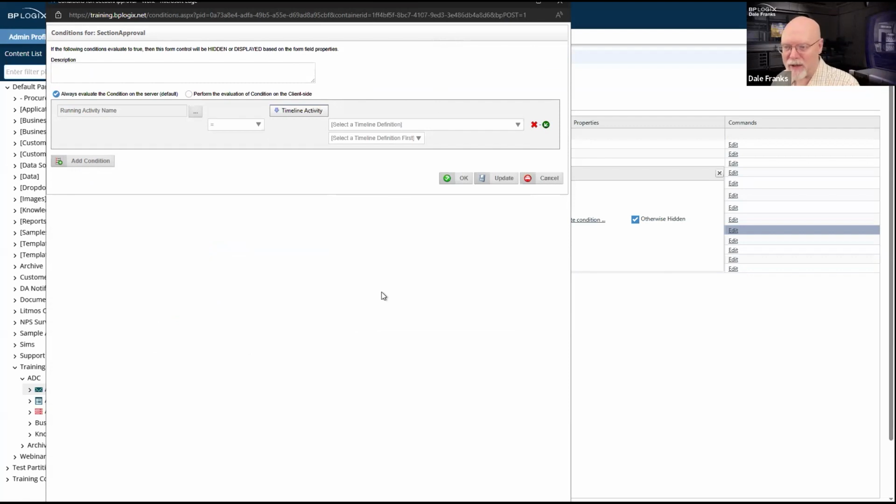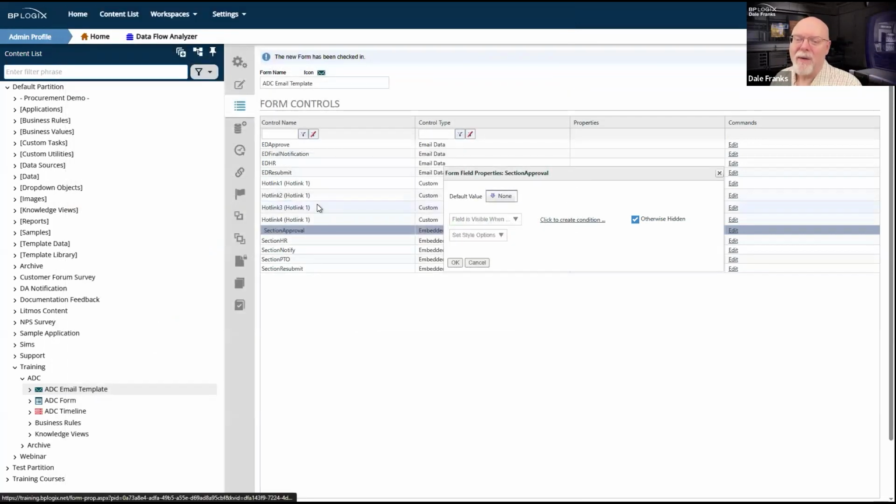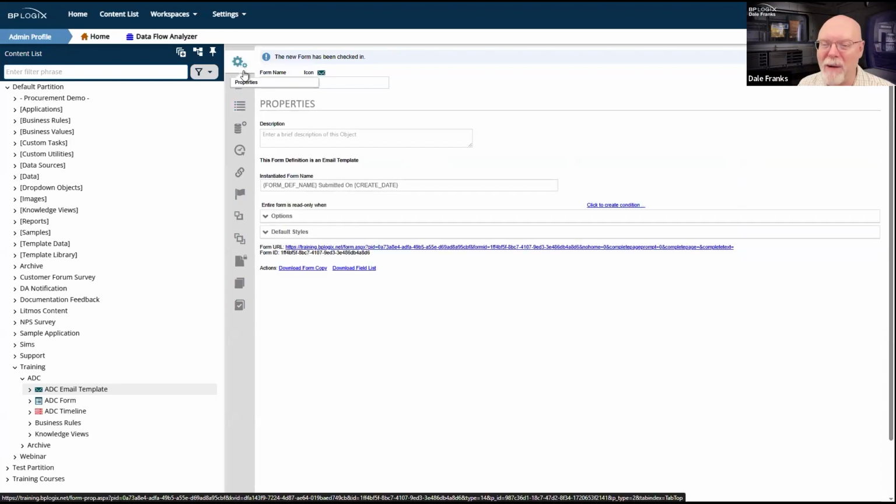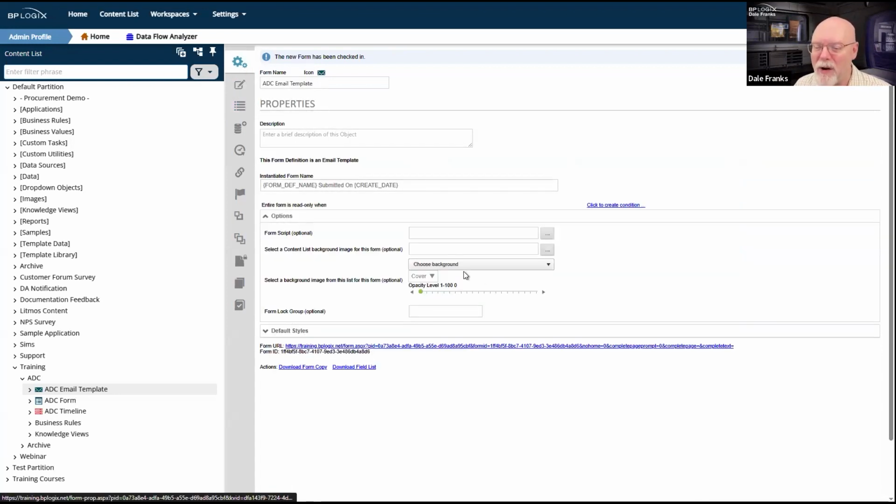So you think to yourself, let's clearly associate our form with our process timeline. That's what the properties tab is for. We'll go into options and we will choose, we will not choose associate form with timeline because this is not a form. We can do a lot of things that make us pretend that it's a form, and we can look at it as if it's a form. It's not a form. I can't associate it with a process timeline.